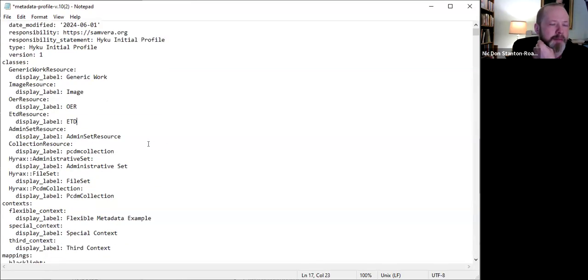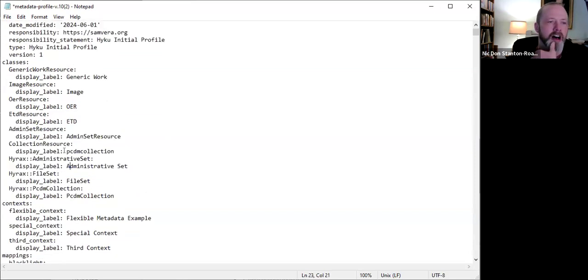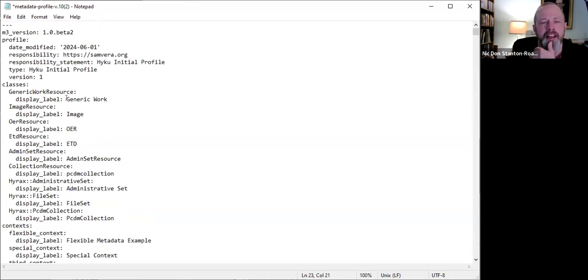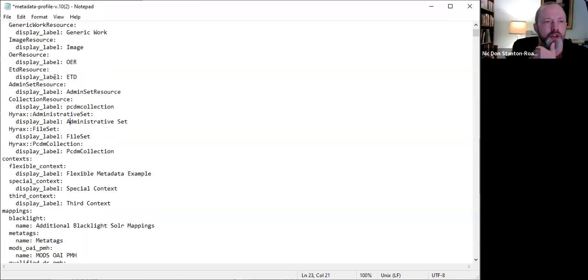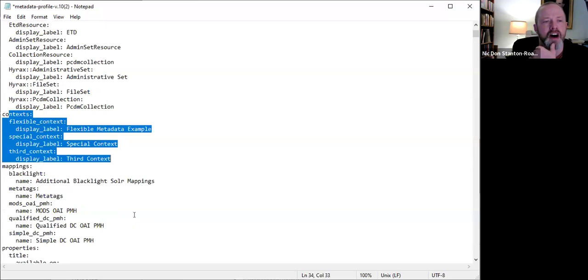I think that there's some appetite for doing that in the future, but you can also see admin sets and collections exist here, and then a couple of hierarchies, parallel resources. In general, with the exception of changing how some of these are labeled, not a whole lot to do in this classes section. Contexts is how you will define